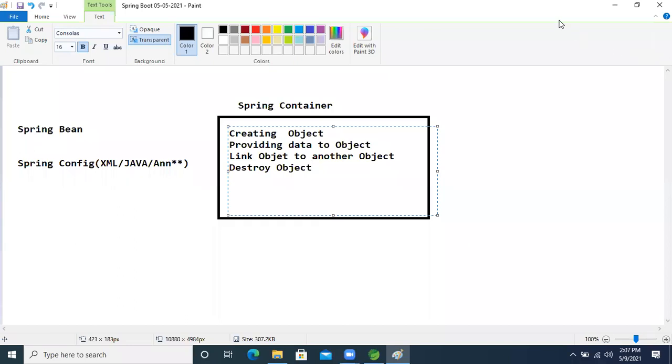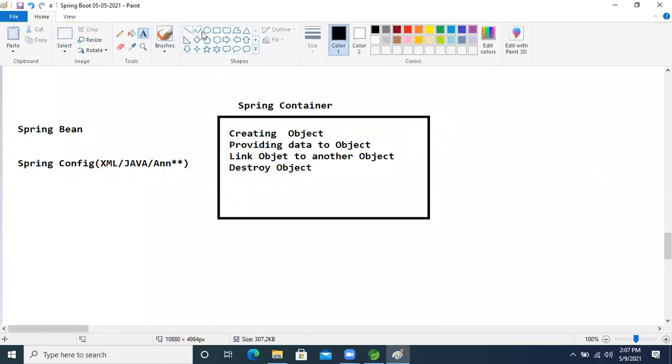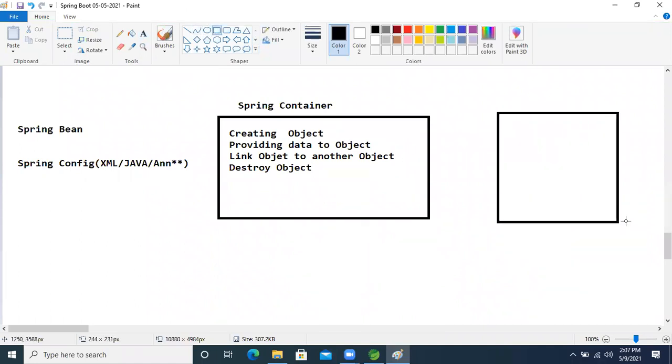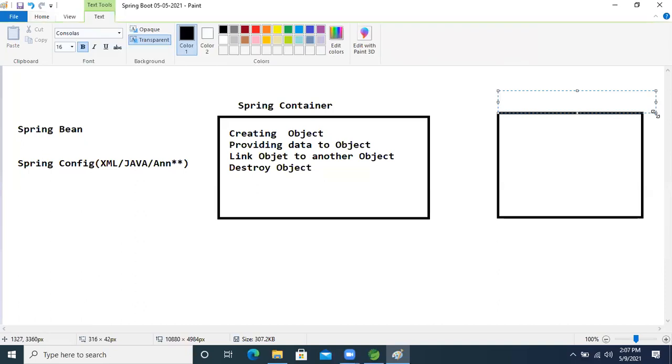So the Spring container takes care of these many responsibilities. Think about this as our Spring container, which works over the JVM. Internally it is the JVM only, but the Spring container is one memory.